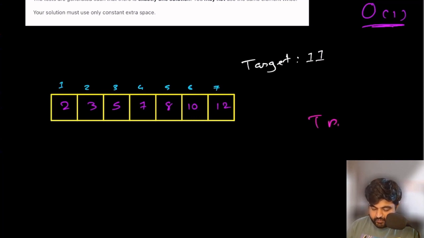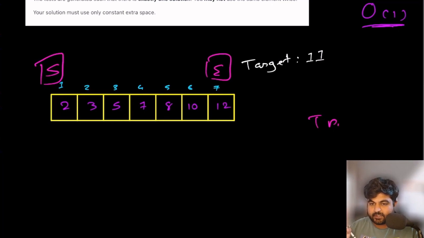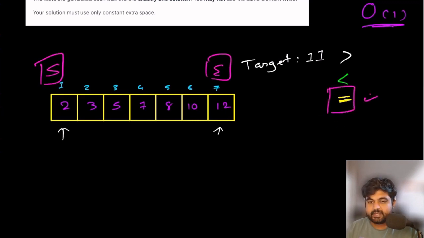What we are going to do is have a starting pointer at the beginning and an ending pointer at the end. Now we know what we are trying to do, and there can be three possibilities. First possibility is that if we sum both of these values, the sum could be greater than the target value. Second possibility is that the sum could be less than the target value, and third possibility is that the sum is exactly equal to the target value. The moment we identify that the sum is exactly equal to the target value, awesome, bingo, we have achieved what we wanted to do.